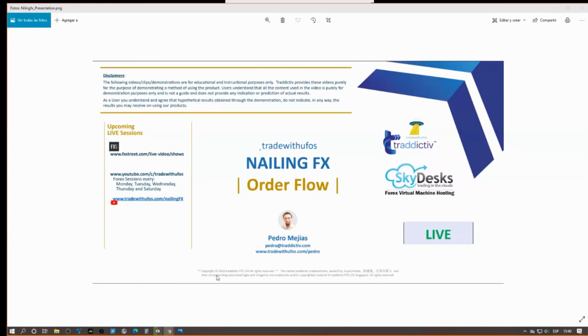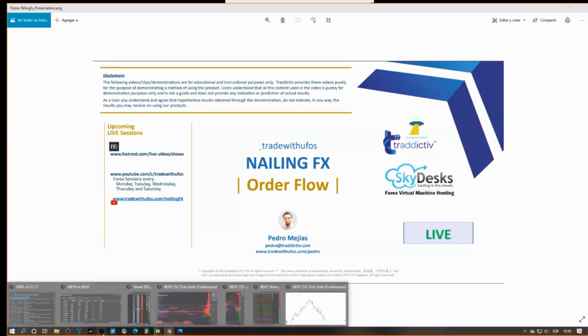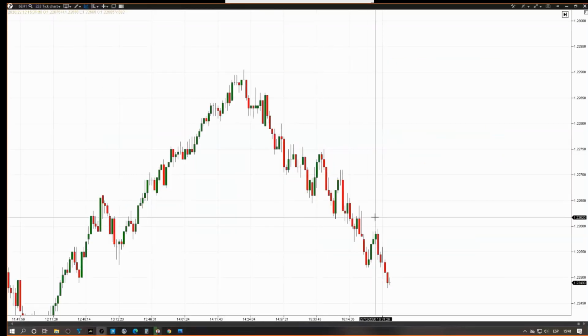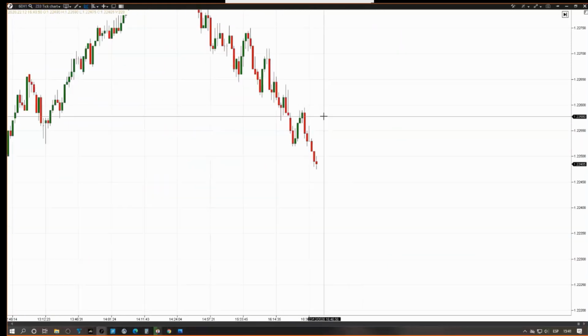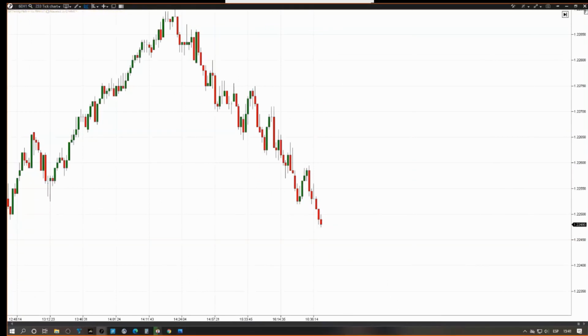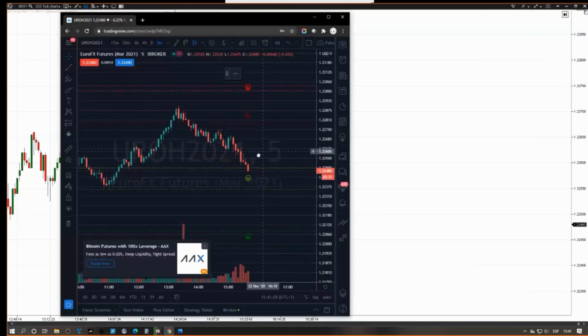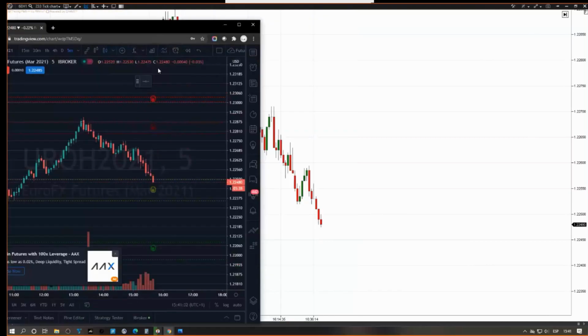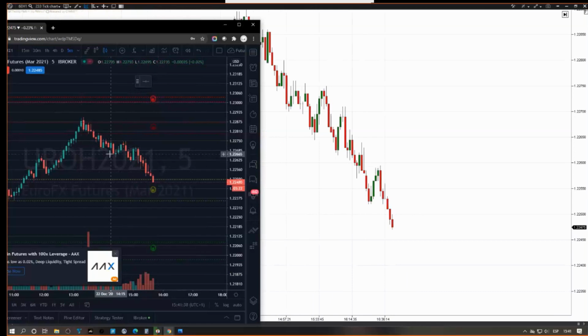So we are here to talk about the order flow. Let me just begin with a chart. Let's put up a simple chart. This is a 233 tick chart from the euro. It just shows us in bars what the price is doing. You can see the price right here. It's pretty similar to what we saw with the TradingView chart. Let me show it to you next to this one. You can see the movement is the same, right? It's a little bit different because I'm using ticks here, and here we're using 5-minute candles. So it's pretty similar